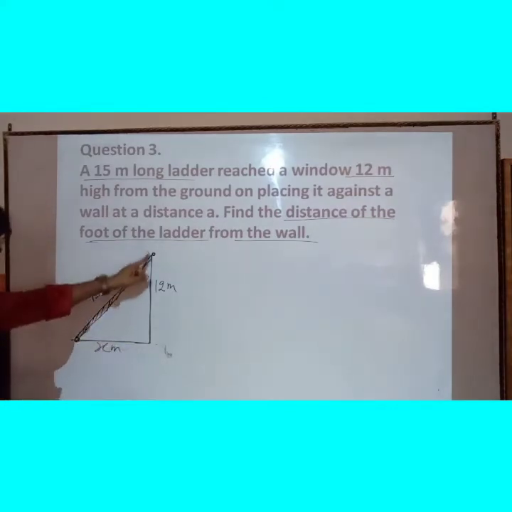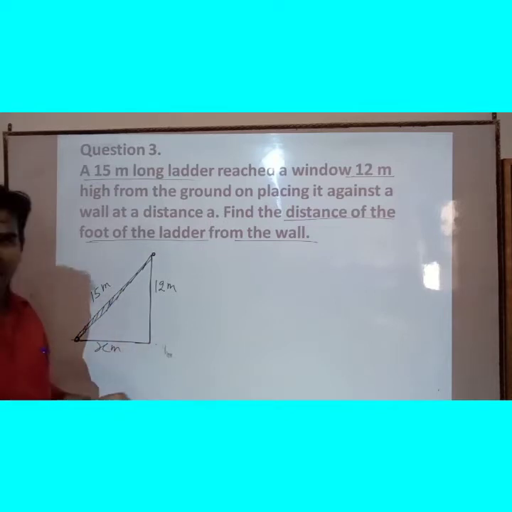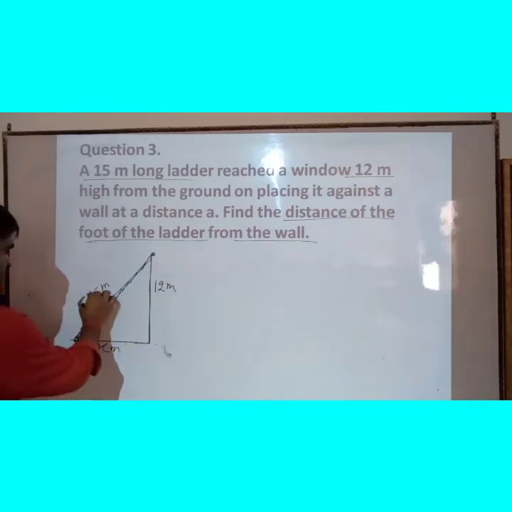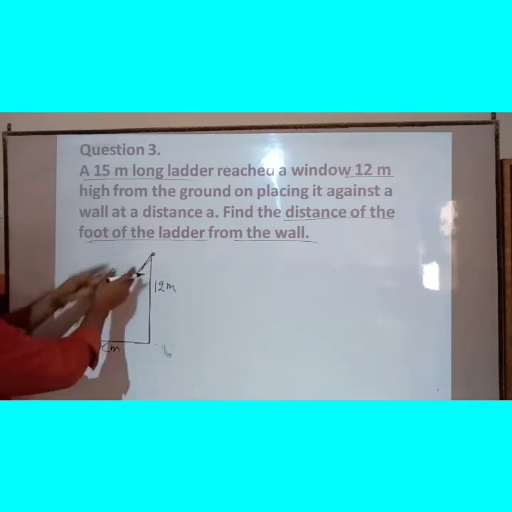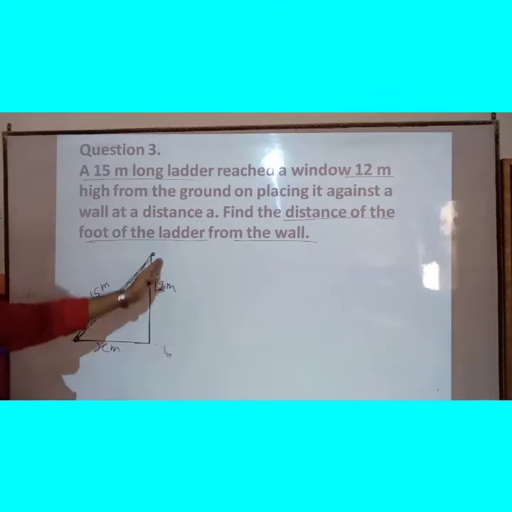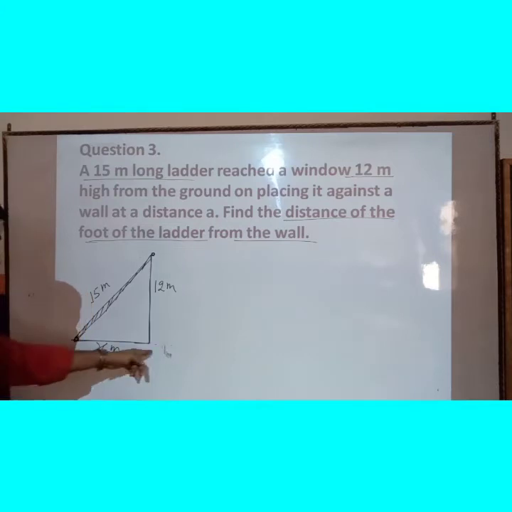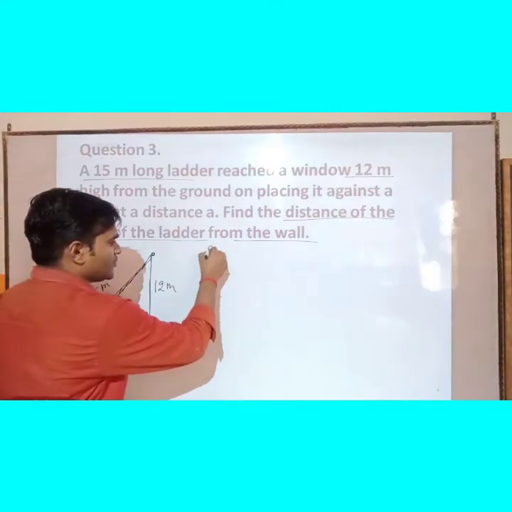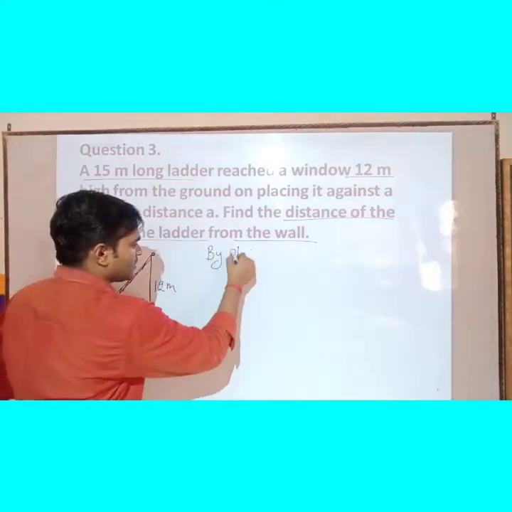Okay. So this is forming a right angle triangle. So in this right angle triangle children, the length of ladder is the hypotenuse, and the height of the wall is the perpendicular, and the base is the distance from the foot of the ladder to the wall. So children, we will apply Pythagoras theorem. So we will write by Pythagoras